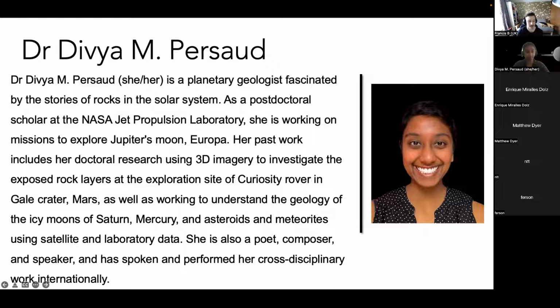Her past work includes her doctoral research using 3D imagery to investigate the exposed rock layers at the exploration site of Curiosity Rover in Gale Crater on Mars, as well as working to understand the geology of the icy moons of Saturn, Mercury, and asteroids and meteorites using satellite and laboratory data. She's also a poet, composer, and speaker, and has spoken and performed her cross-disciplinary work internationally.